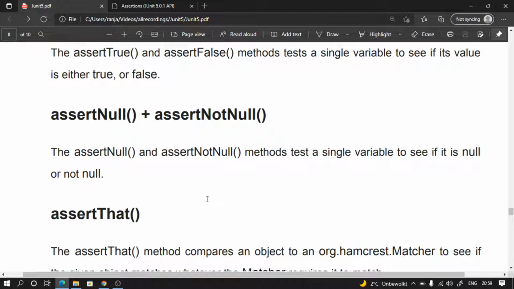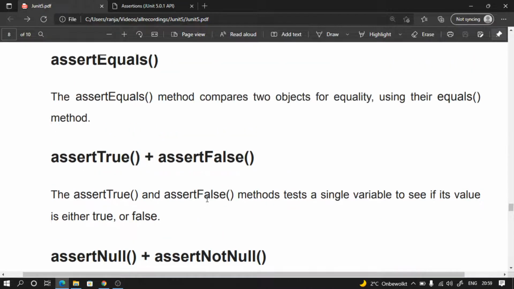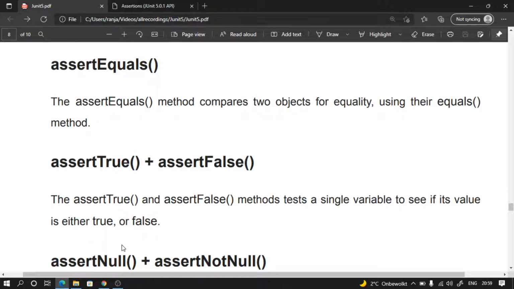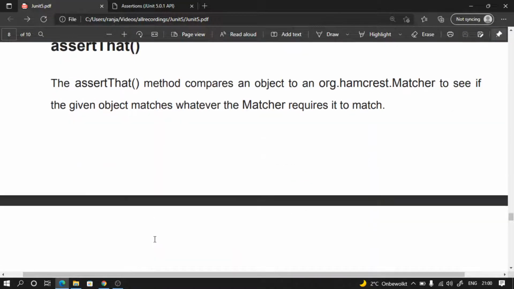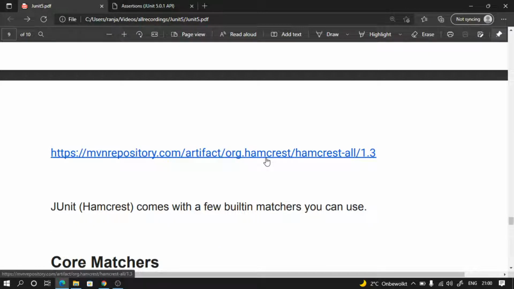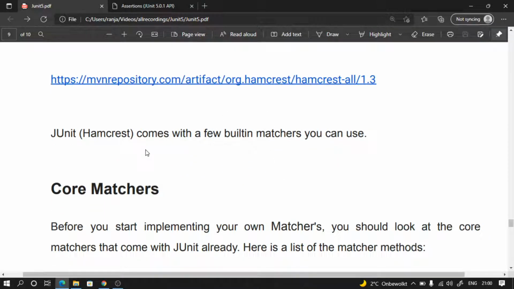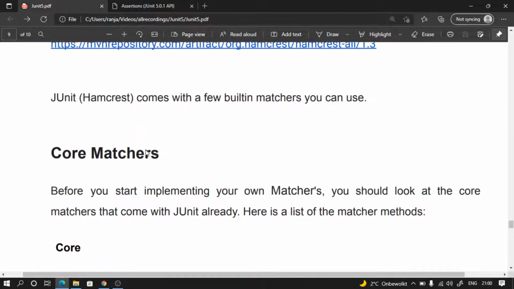But if you have a requirement where you want to do much more than equals, true, false, null, not null, there are also some generic methods. assertThat, in which you can apply anything. The assertThat method compares an object to a matcher, which is provided by Hamcrest. It's another library, and with it you can do all kinds of things. So this is the Hamcrest library. If you add this, you will be able to use different kinds of matchers with which you can do assertions like